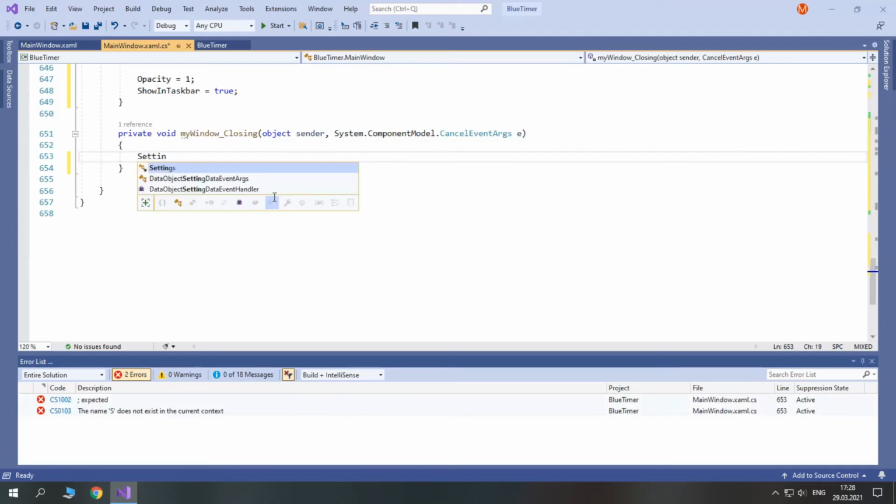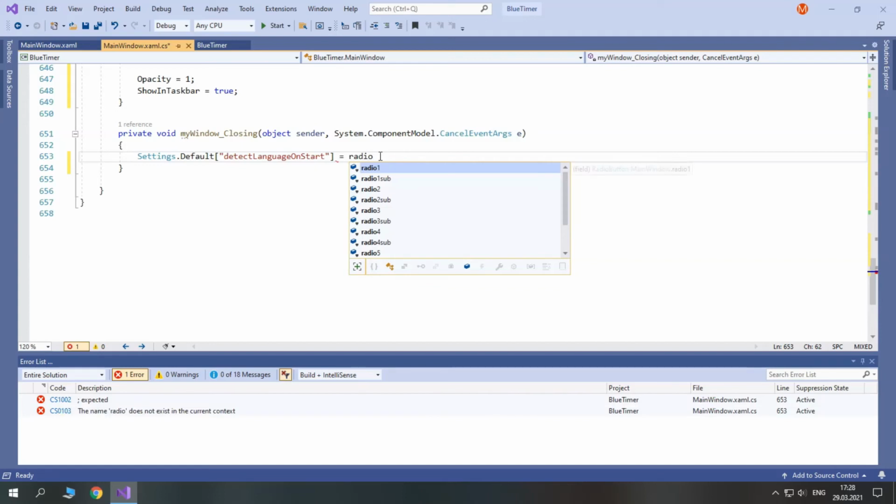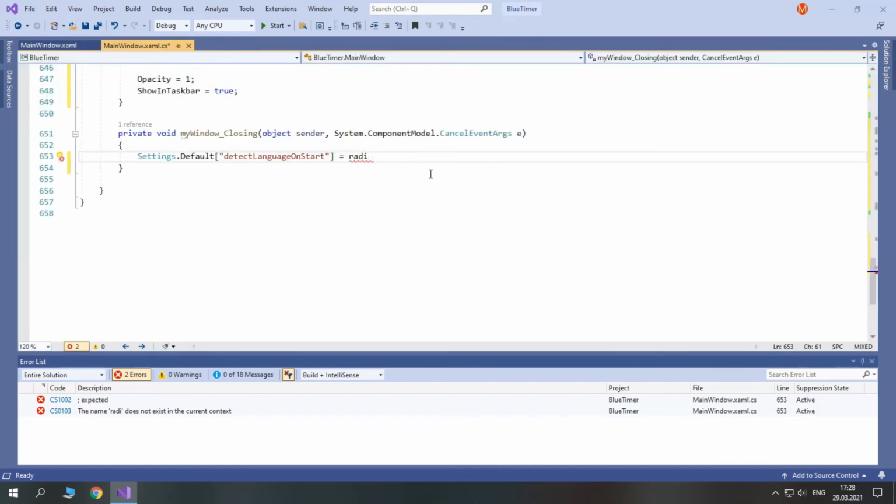So settings.default, and here detect language on start. We set it to radio. Let's check if it is detect language and start. Detect language and start, yeah. We set it to radio underscore detect language is checked.